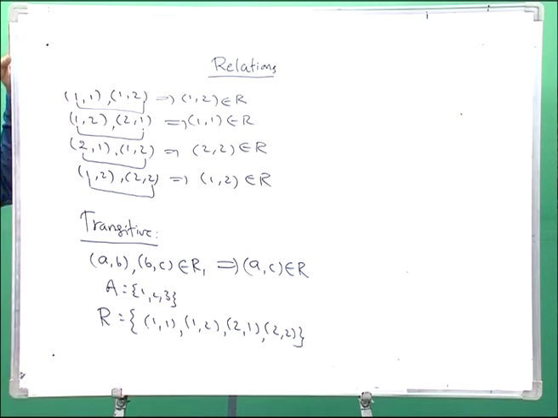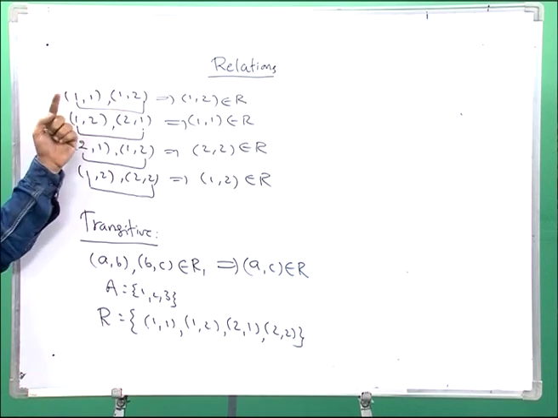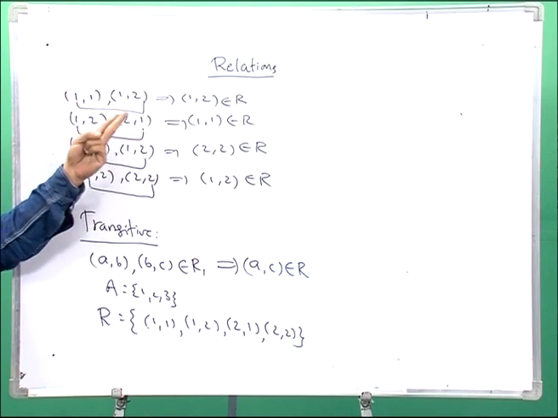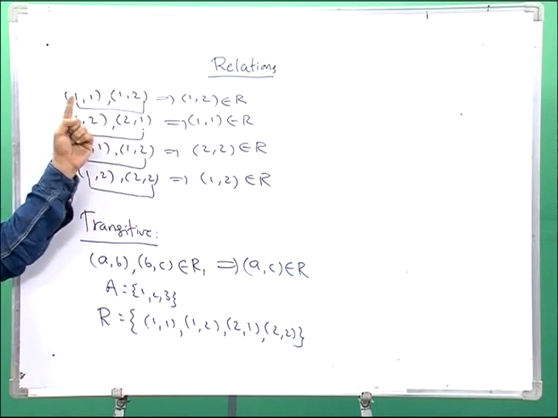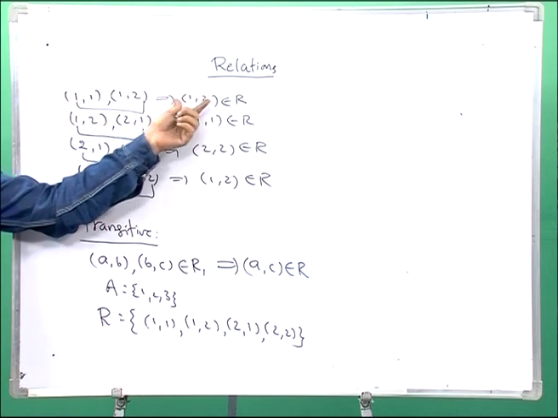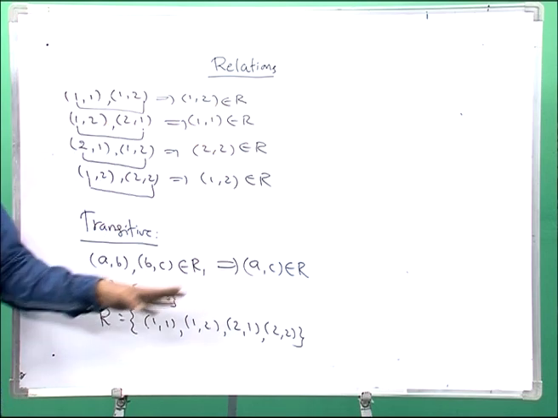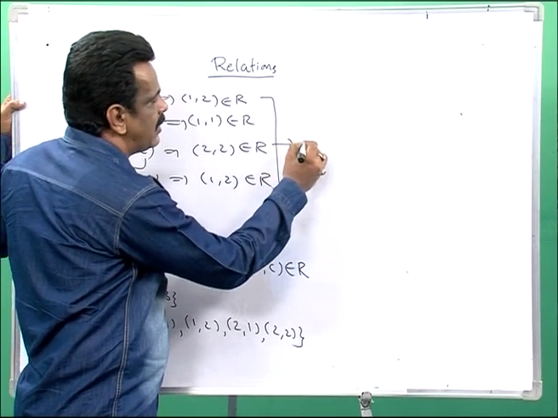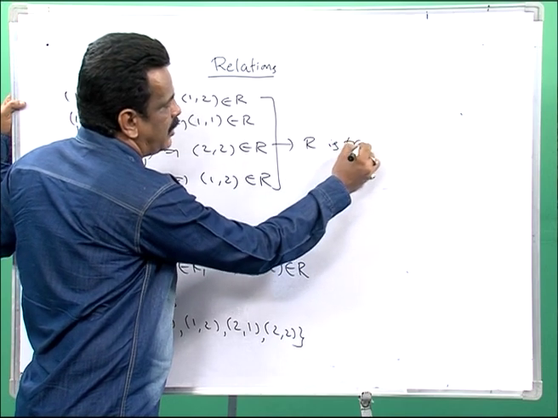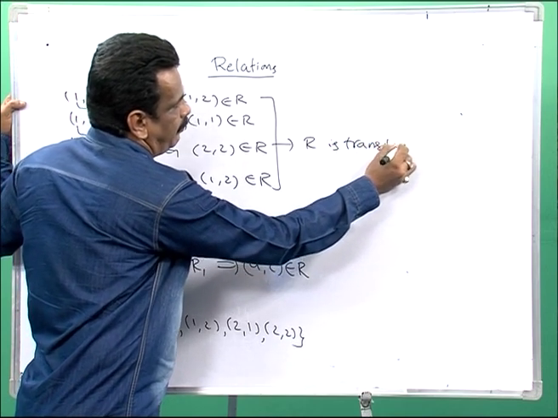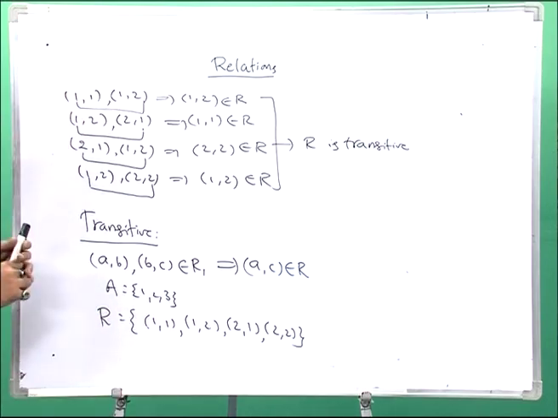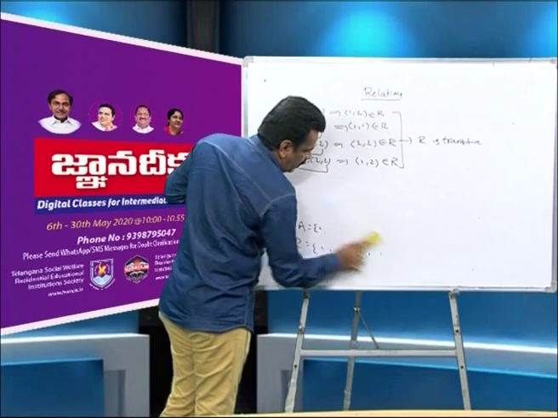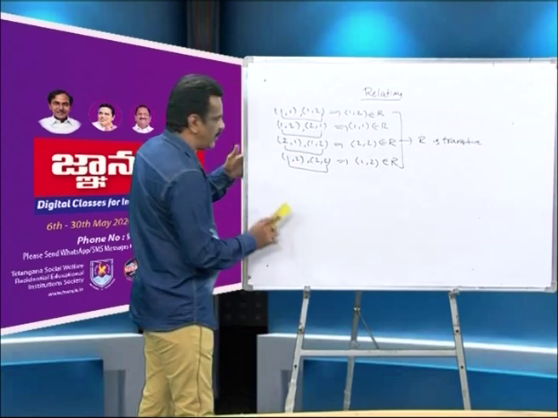Like that, if you take a pair of elements in which first element is connected to second one and second is connected to third one, in both ways the resulting element is obtained by taking first element and third element. That ordered pair is belonging to the relation according to this transitive property. All these are fulfilled, we can say R is transitive. So like that we can discuss different types of relations also, and finally we discuss one example here.